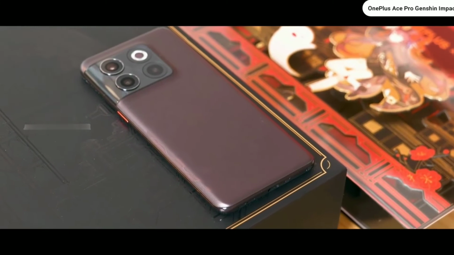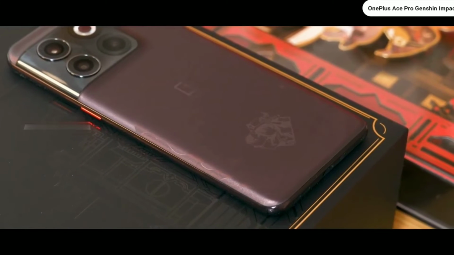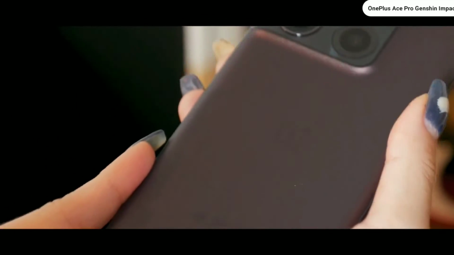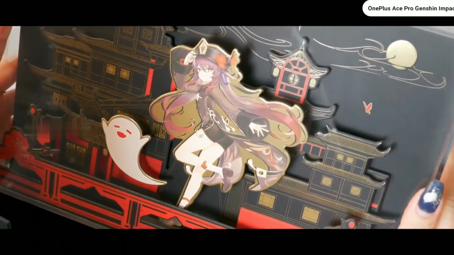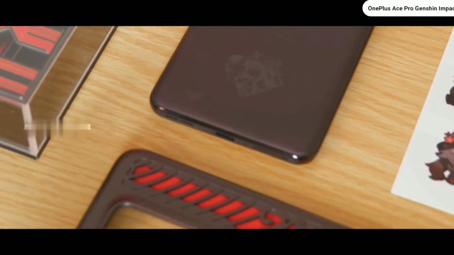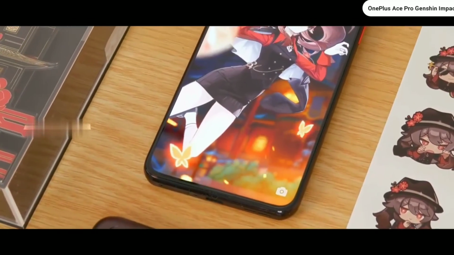The OnePlus Ace Pro Genshin Impact Limited Edition is available in China for 4,299 Chinese yuan, which comes up to about 49,000 rupees. Chances are it will not be sold outside of China, though parallel importers may bring in the unique phone to